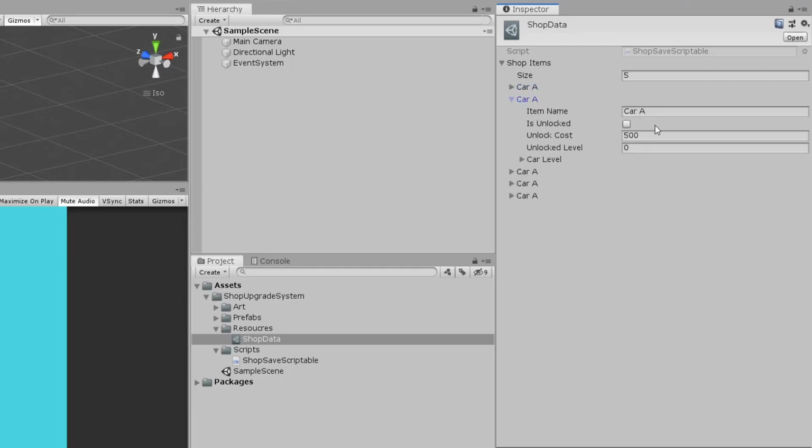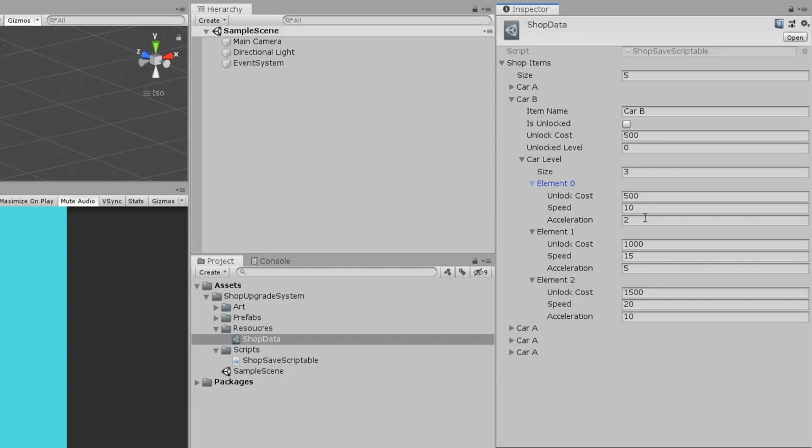Now we have this car A, so many. Let's change them. This will be car B. Unlock level is correct. And for car B, let's set the acceleration to 3, speed 11. This one is 16, 6, and 21, 11. We are doing this just so that when we shuffle from one shop item to another, we get to know that yes, we are changing the information.